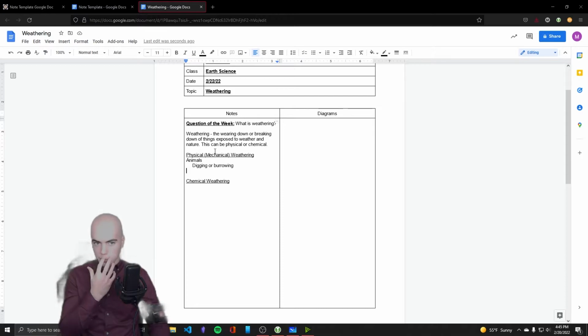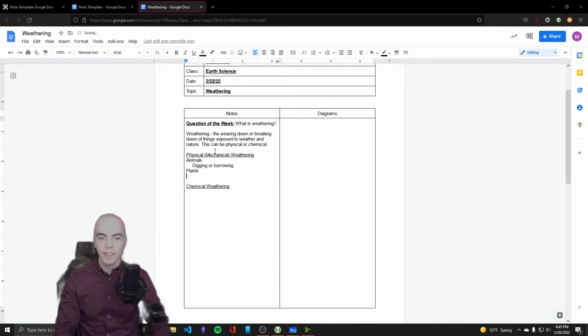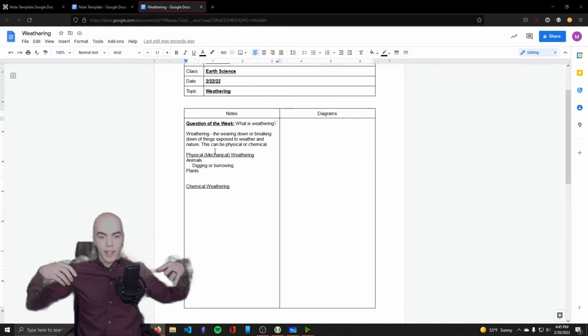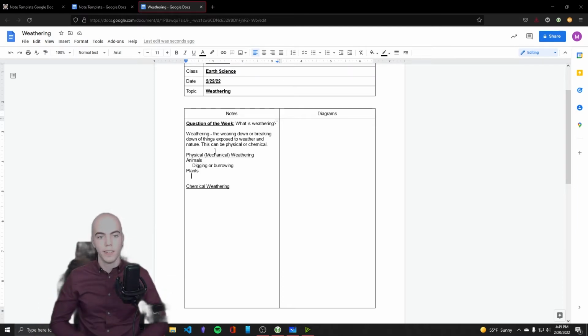All right. Well, what's another thing that's alive? Plants. Can plants cause physical weathering? Well, they don't really get up and start smacking things around, but they do move, right? You can plant a seed in the ground and get a tree. Those roots have to go somewhere, and the roots can't occupy the same space as the dirt. And the roots won that battle. It broke apart the dirt. It was one solid piece, and the roots went down there and split it. And now the dirt is further apart.